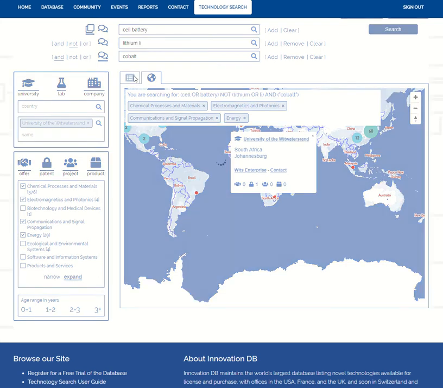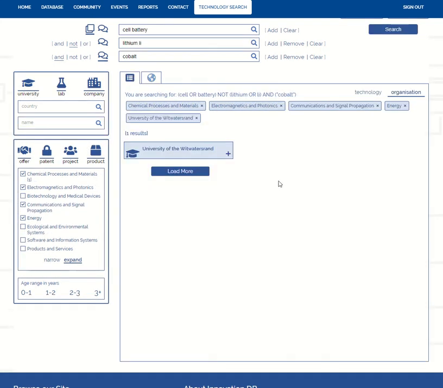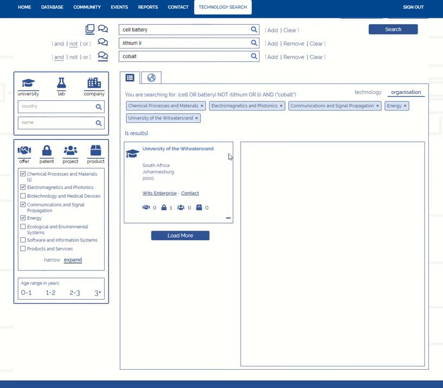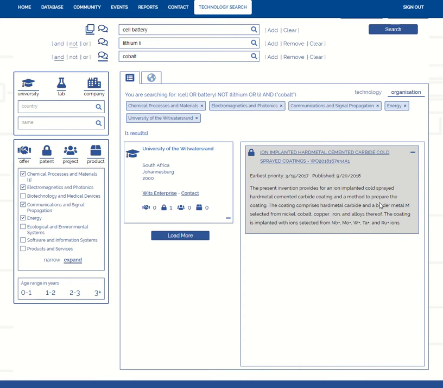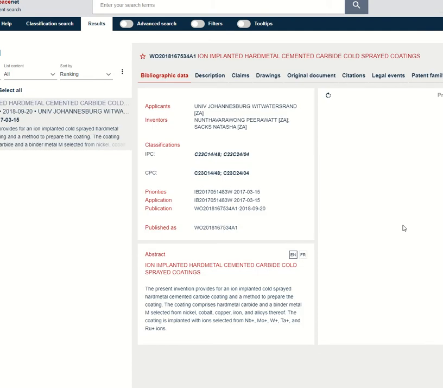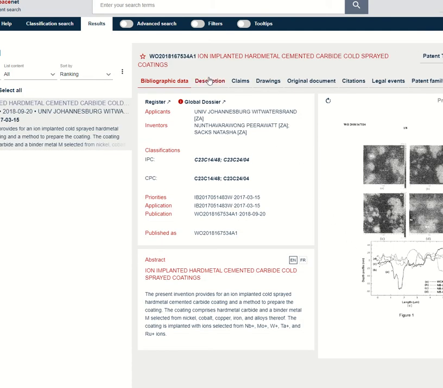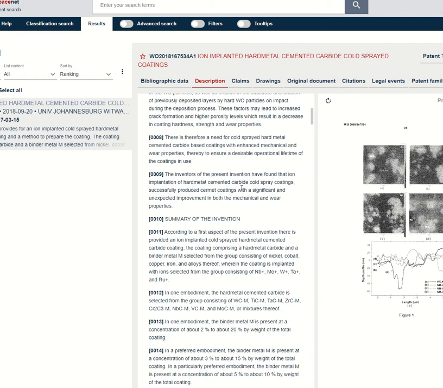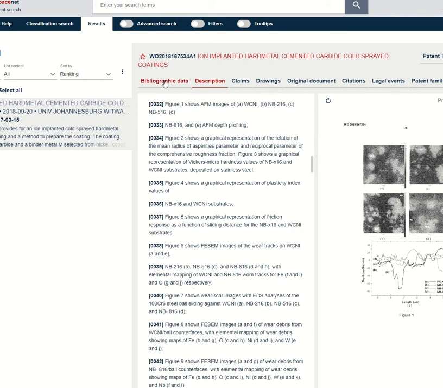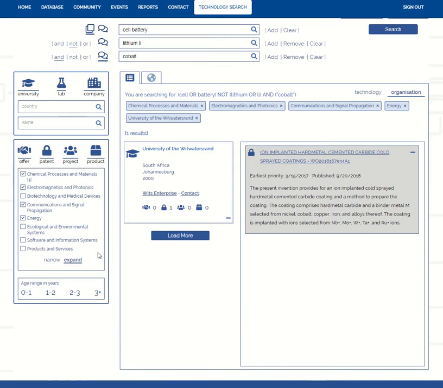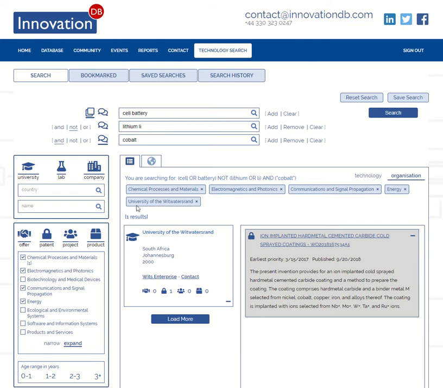Going back into the listing page, we can see the item they've produced, an iron implanted hard metal carbide cold sprayed something rather exciting, and clicking the link will take us to the description where we can find out as much about it as we may want. Okay, let's say we want to come back out of that